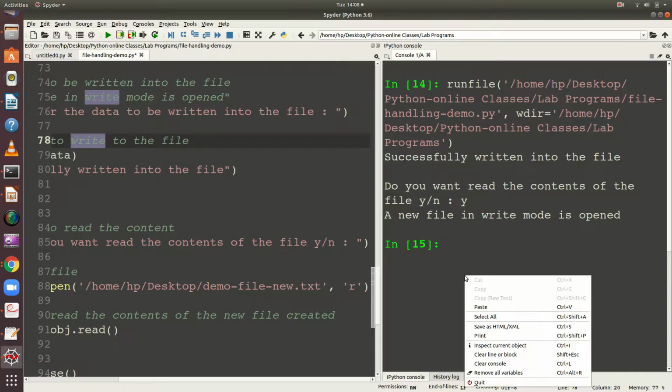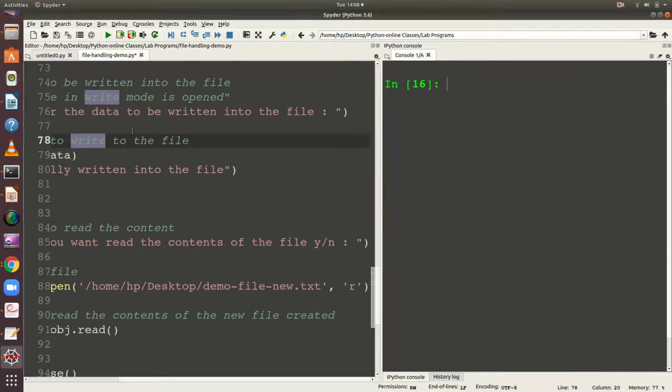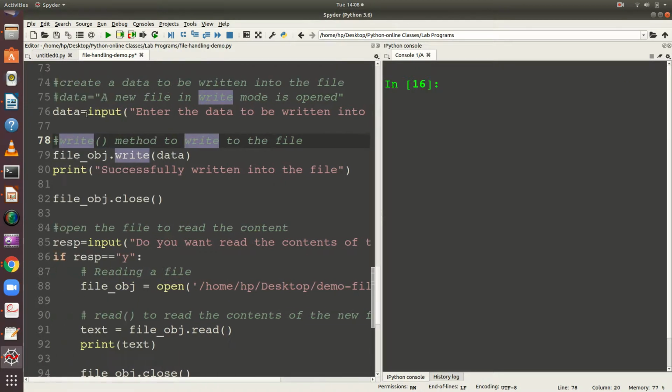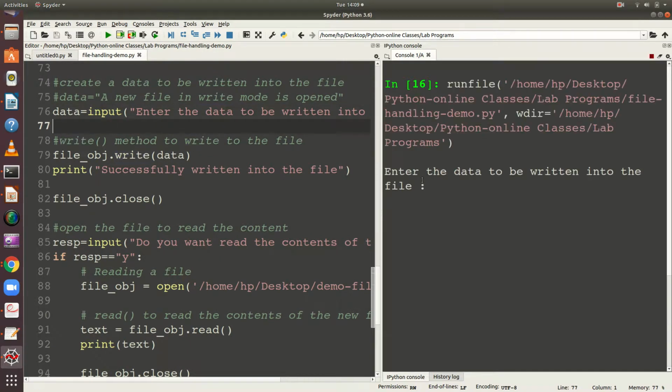So let us clear the console again. I am going to run the program. I hope you have seen. Here I am going to use the input method to read the data. So it asks the user enter the data to be written into the file.